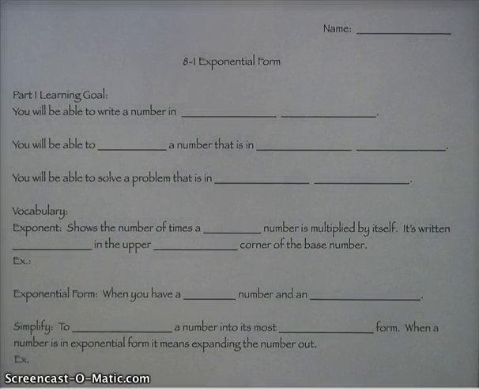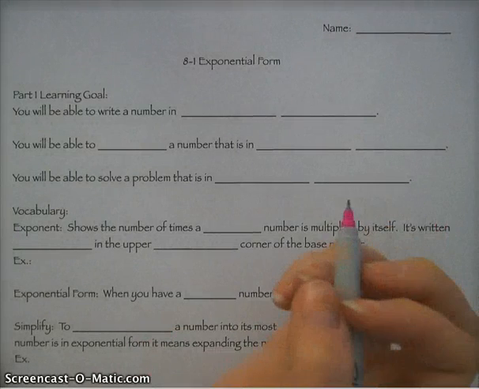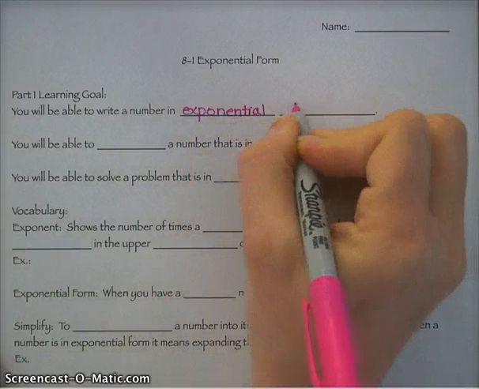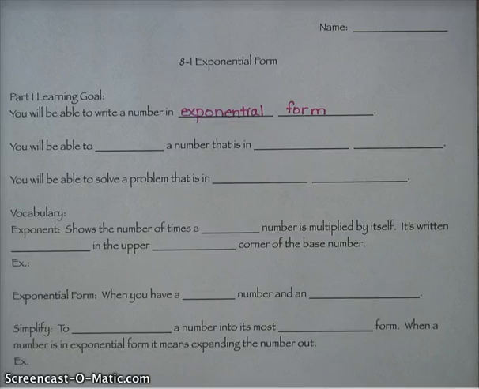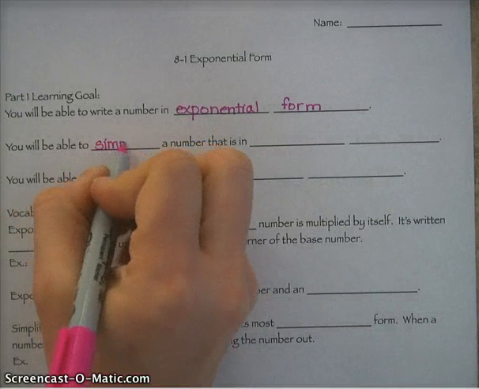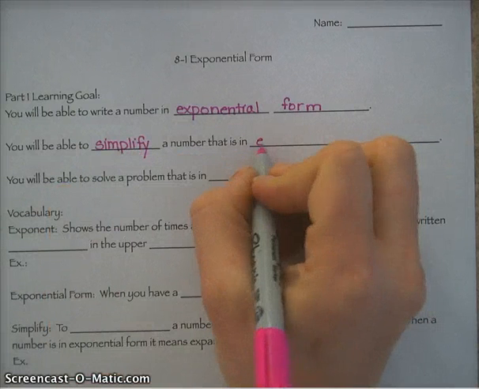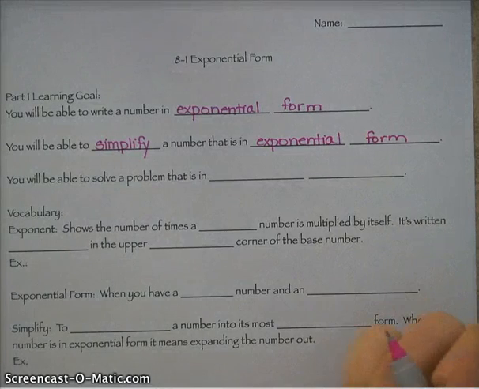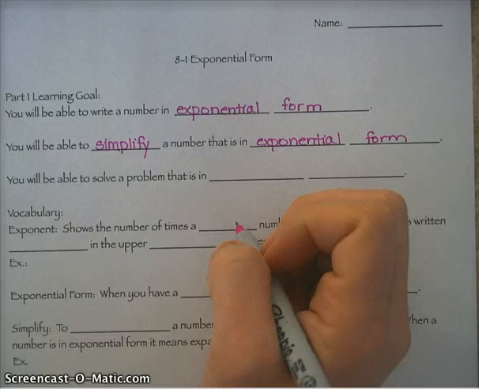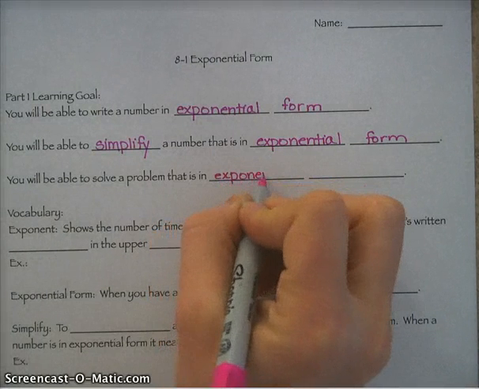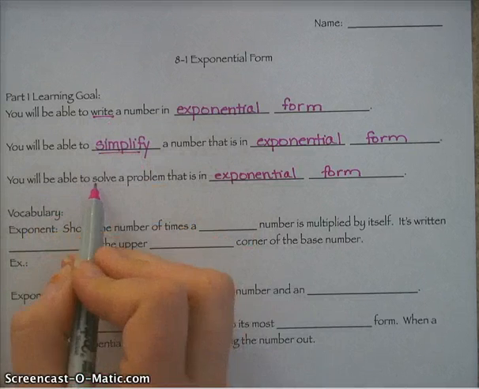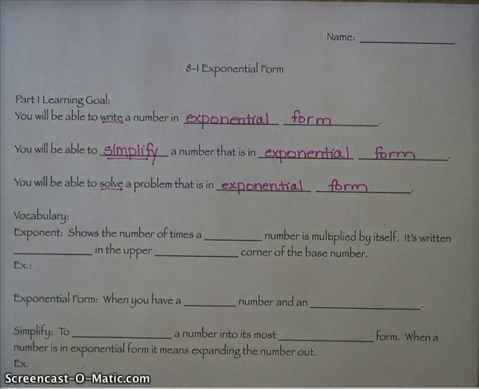So our learning goals, what I want you to be able to do by the time that you are done, you will be able to write a number in exponential form. And that's one of our vocab words that we're actually going to get to. I want you to be able to simplify a number that is in exponential form. Can you tell that's going to be important? And I want you to be able to solve a problem that is in, I bet you can all guess, exponential form. So when you're done, I want you to be able to write, simplify, and solve problems that are in exponential form. So for us to be able to do that, we need to talk about what some of the vocabulary